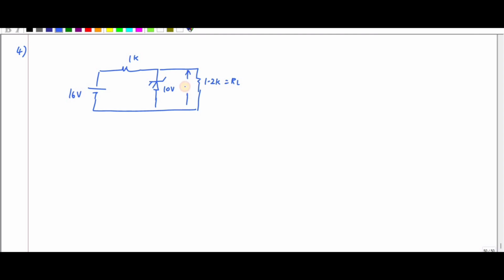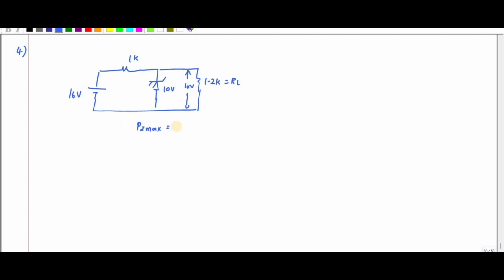So we will discuss another problem on our Zener diode. This is 16 volt and this is 1K. And here you have a Zener diode, and here you have 1.2K. This is your load resistance, and the voltage across this one is 10 volt, right? This is 10 volt, and